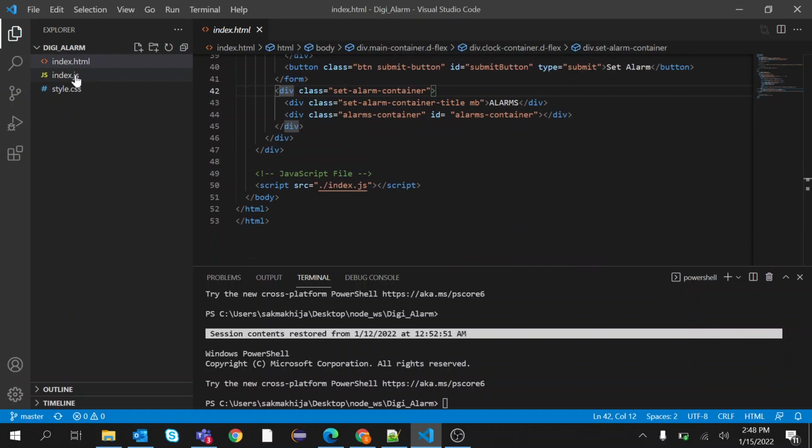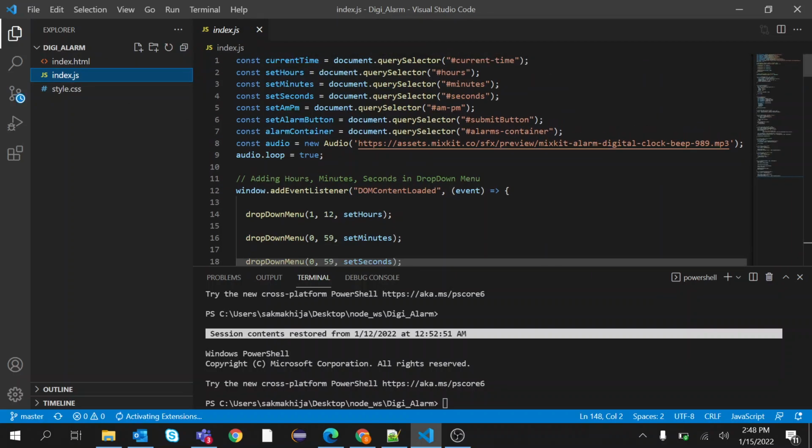If we go to the index.js file, we can see I have fetched all the objects from the HTML into this JavaScript file using the query selector. Whatever the user is selecting in these select items, we get it here.